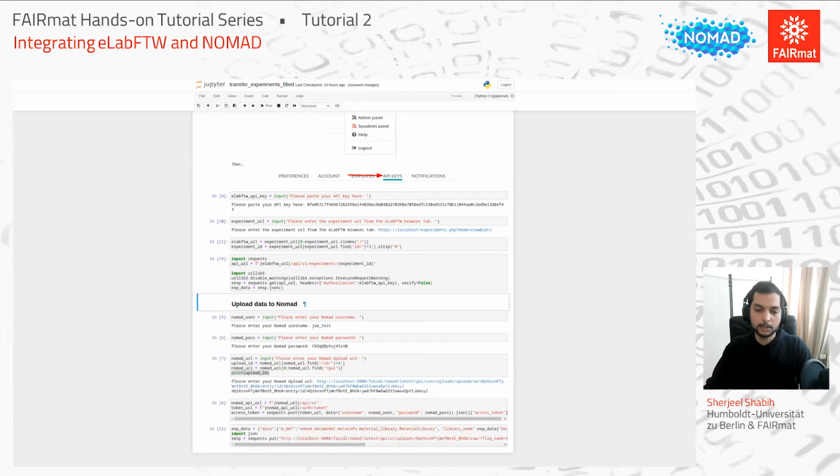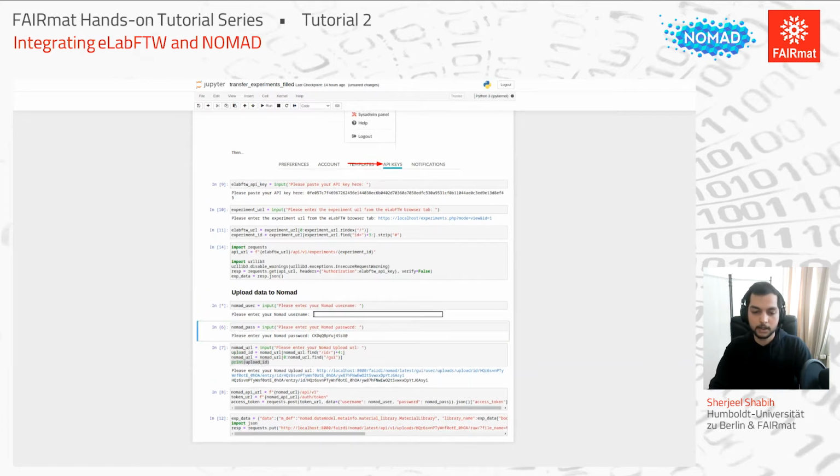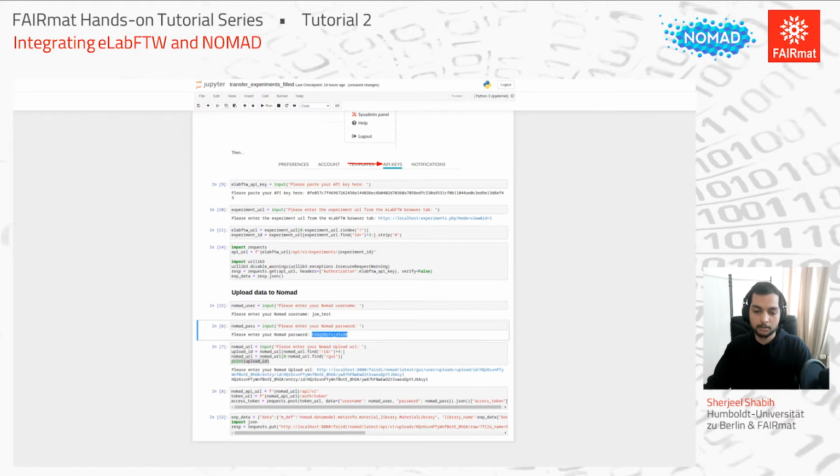And now, once you have this data in a structured way, you can upload it back to Nomad. Now, Nomad's authentication system works a bit differently. It uses Keycloak, and you get a 24-hour token based on your user ID and password. So in this notebook, I've made these convenient functions where you enter your username and your password,